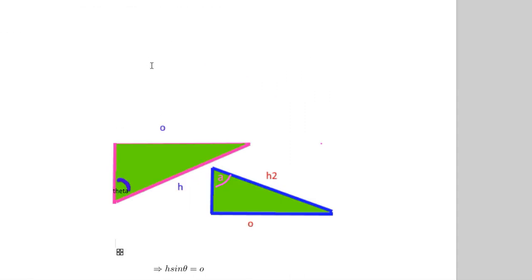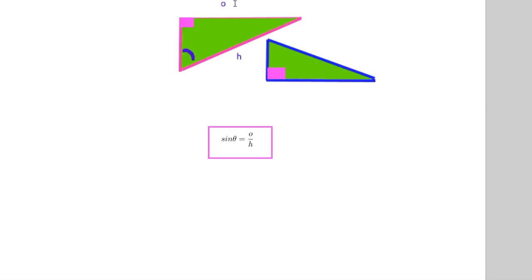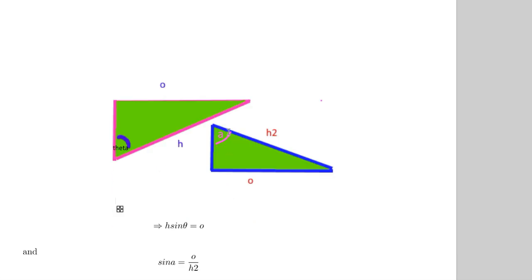So we had sine theta as described in here. This sine theta is opposite divided by hypotenuse. For this, we have sine A. And sine A is the same construct, but in slightly different positions. So you can see here, there's the opposite of that, O. There it is in there. There's O. And we've got this one, because hypotenuse has been taken, I'm going to call this one hypotenuse 2, just H2. Okay, so